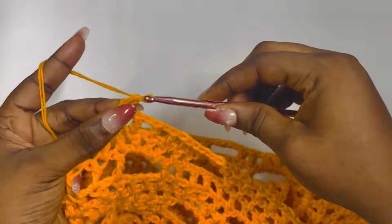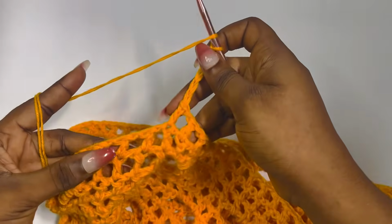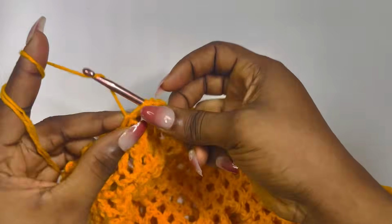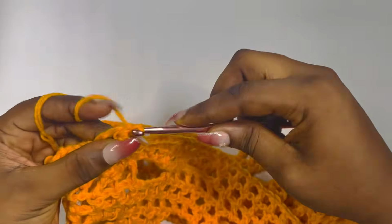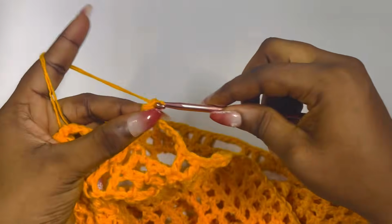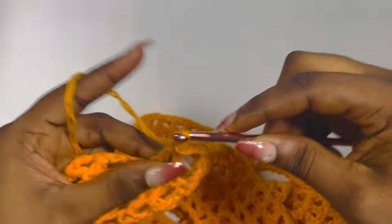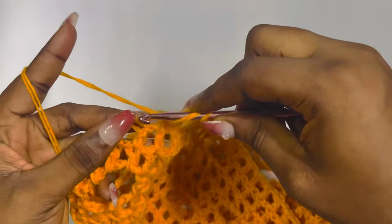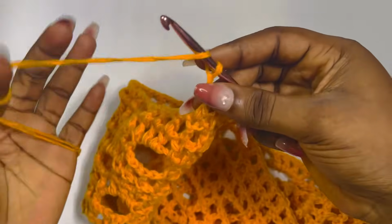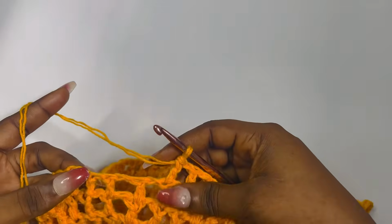So the next thing to do is to chain 5 like you normally would, and skip 5 stitches, make a double crochet. So we're going to do 31 more mesh stitches. So I already made 31. I'm left with 2